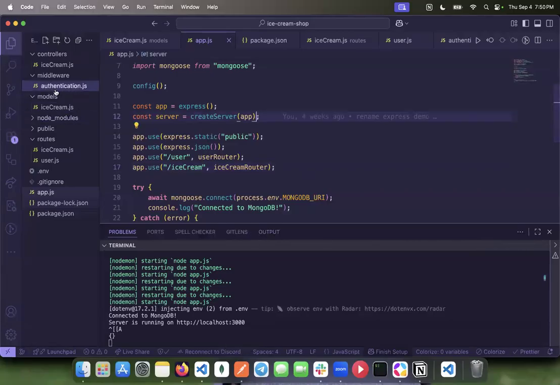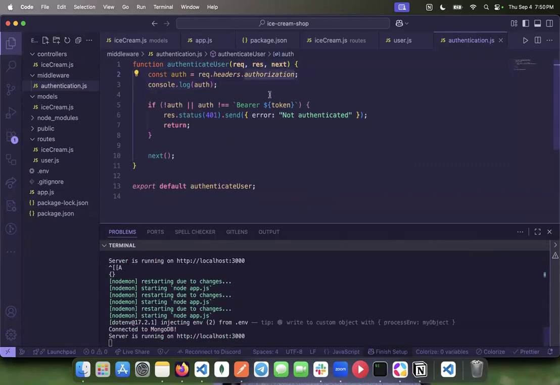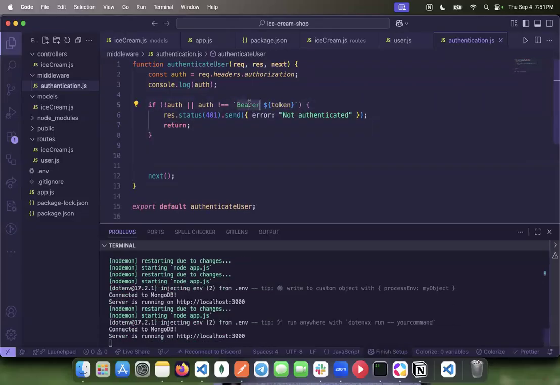So let's go back to our middleware really quick. We have our authentication middleware. We have this header that gets stuck on everything. If our auth header is empty or it's not a bearer token, then we're going to say they are not authenticated. Someone might pass in a different authentication scheme. Another one that's pretty common is basic, where you pass literally just a username and a password. So let's try